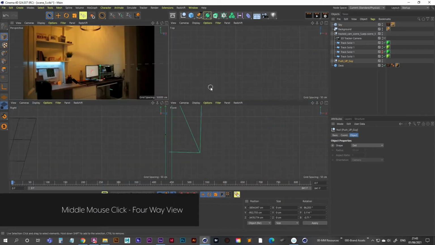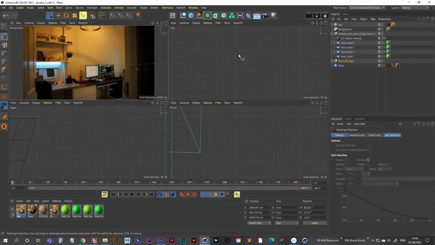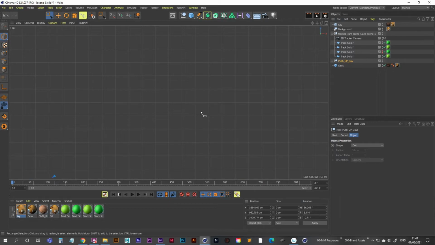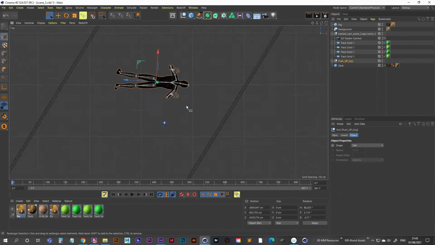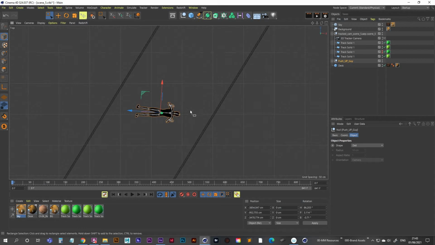So we can hop into our top view, middle mouse click anywhere in the window, and then middle mouse click again here in the top view. Select your push-up guy, go into the viewport here with your mouse and hit S, and then we'll find him and we'll be able to move him. Oh, I didn't mean to rotate the screen there. We'll be able to move him kind of over,